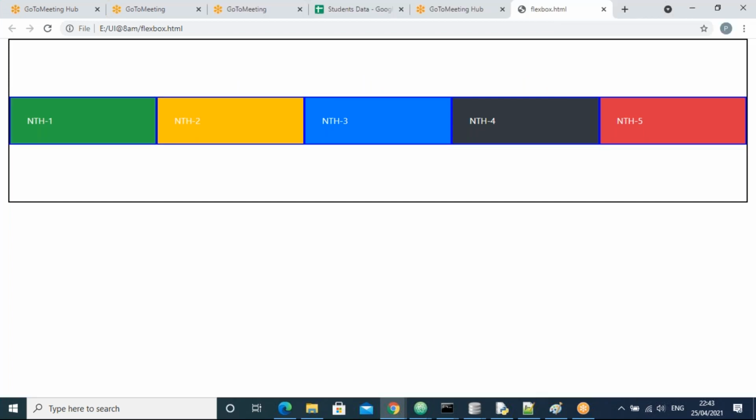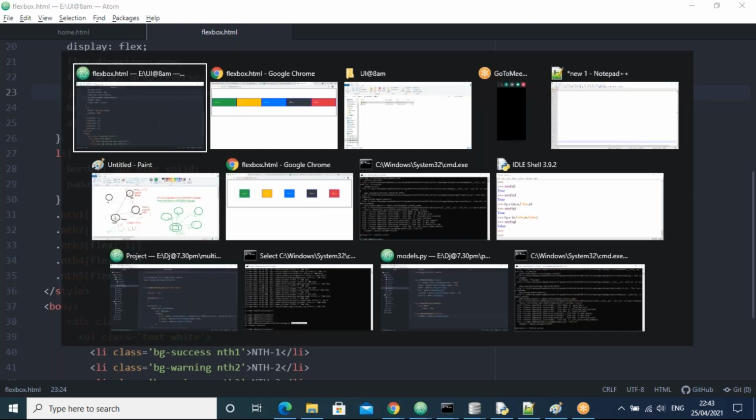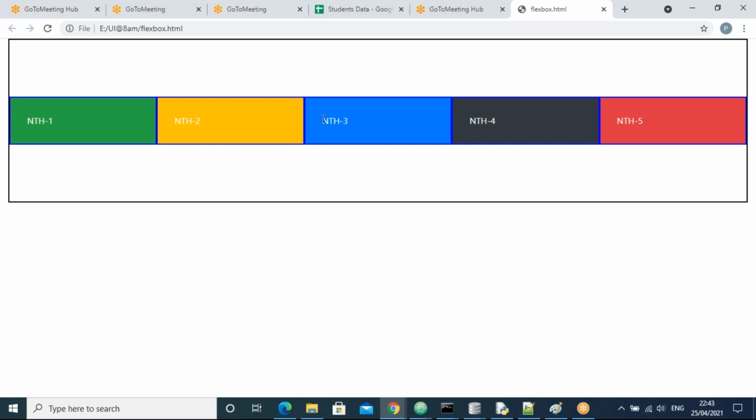Now for nth3, I'll take flex 2. Let us see what will happen.